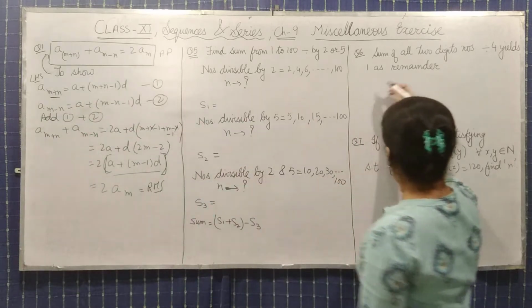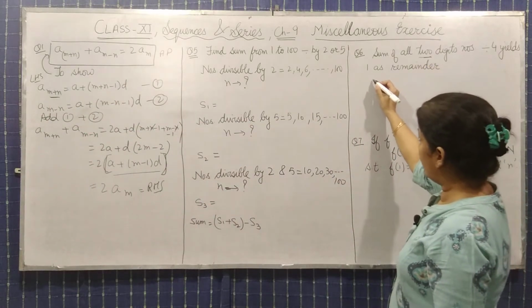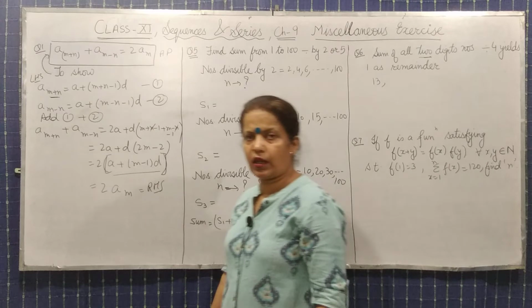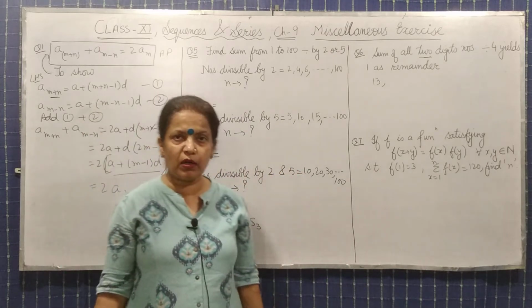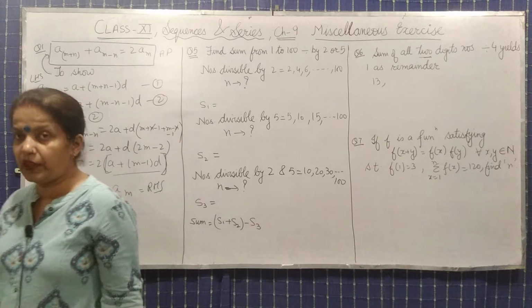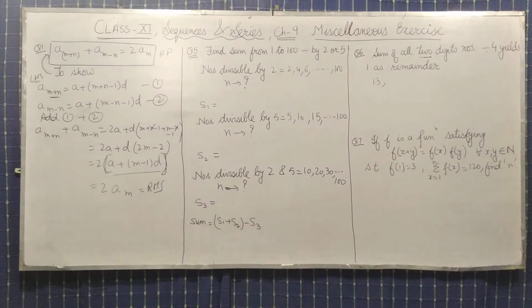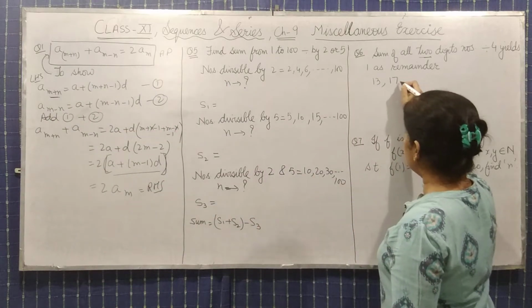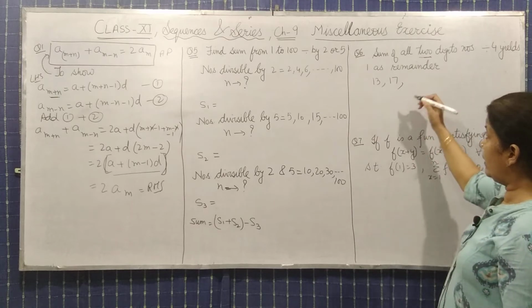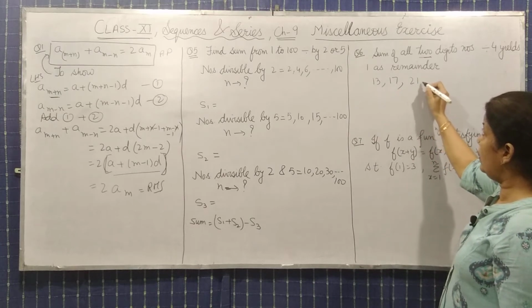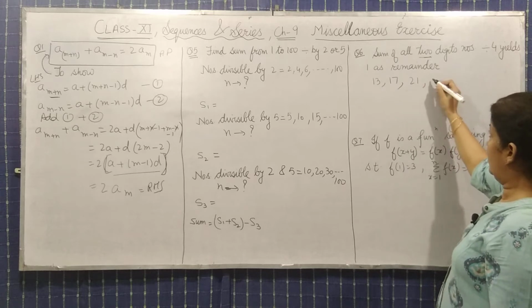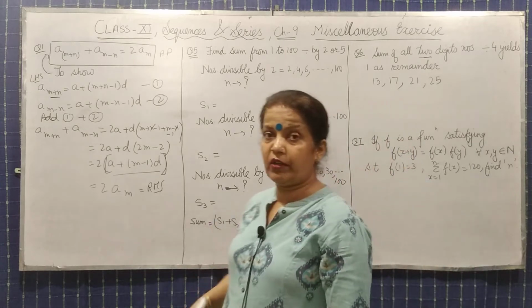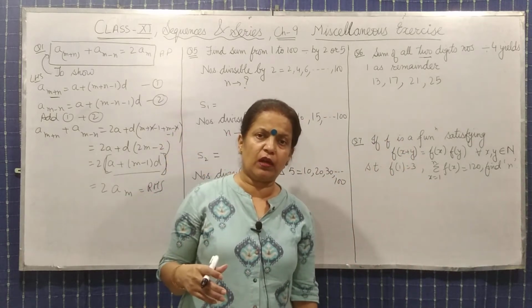If you will look over here, 2 digit number. तो अगर हम देखते हैं 13 is the first number. 4 से इसको डिवाइड करते हैं, 12 आएगा and the remainder will come as 1. What should be the next number then? Next number will be, what it should be? Let's see, 17. Okay, then 21, then 25. In all these cases, if we will divide this with 4, then the remainder comes as 1.